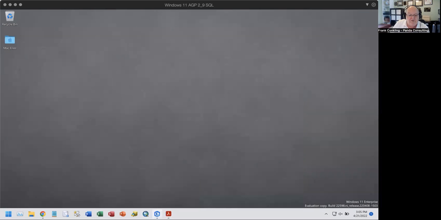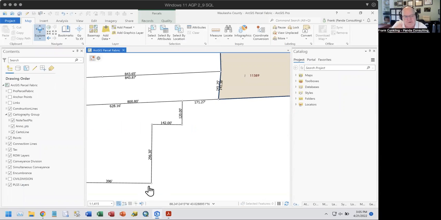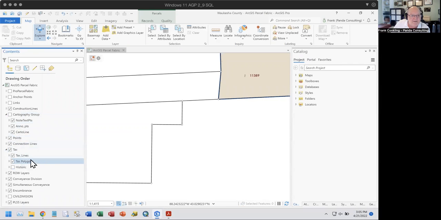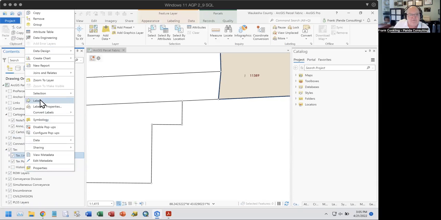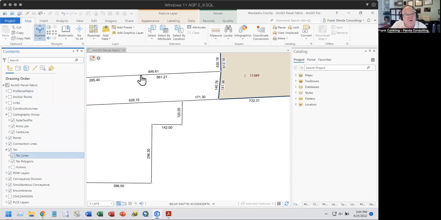So the first thing I want to do is just show you an option here. And again, I want to make sure that we understand that, in fact, by far the best solution is to utilize labels. Labels inside of ArcGIS Pro is much more efficient. Now you've got an option to use just line labels, and that's what comes with the parcel fabric, and that allows you to establish and use the recorded information that's recorded against those lines for those